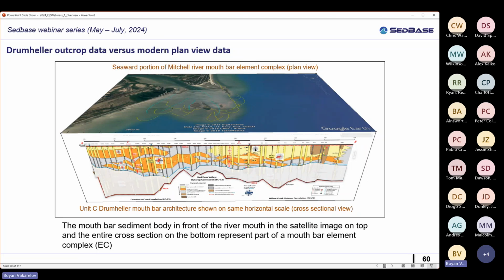which is showing these mouth bar sand lenses, which again, we went in and mapped in a fair bit of detail. So you can see that for fairly small distances, this is 1 kilometer for scale. So we're looking at something like 8-9 kilometers in terms of strike extent, something about 10 meters of thickness, just to give you a feeling for the dimensions of what we're looking at. So in this very small area, we can see that there is a lot of heterogeneity and complexity